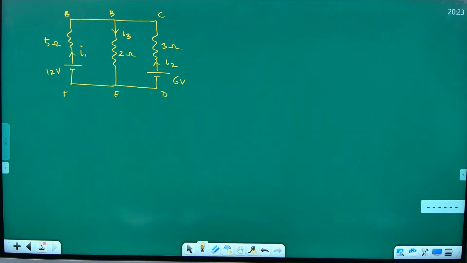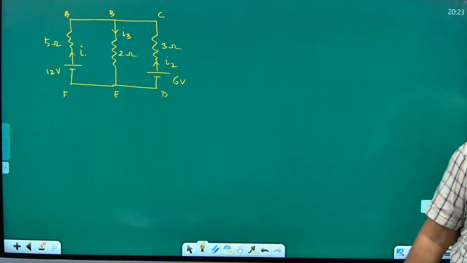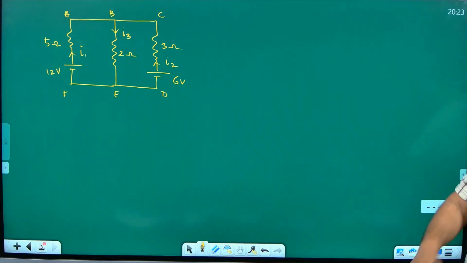The equations are correct. You got the answer? Wait, let us check. Can you tell me what I'm doing wrong? I keep getting 0 equals 0. Try solving. Some loop may be wrong. Take some new loop or take the junction law. So you use the junction law here. Did you take any equation like I1 plus I2 is equal to I3? You took the junction law also? Mind that, it will help you.